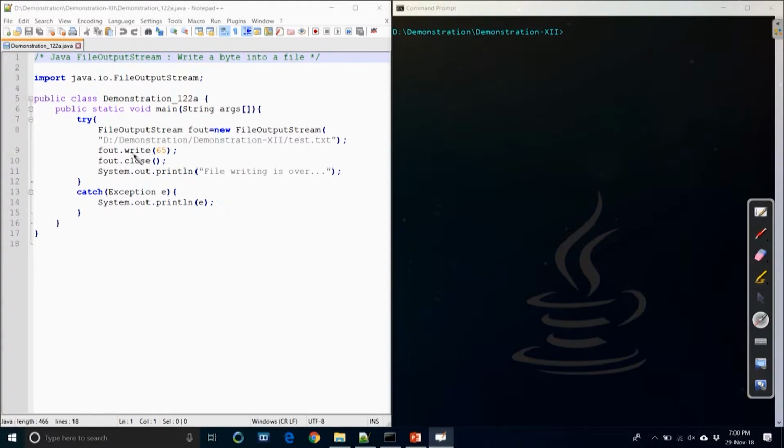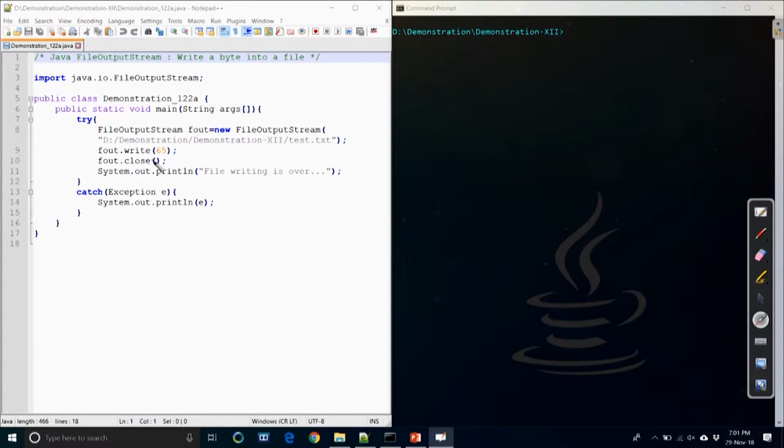Now, here you see this object fout is basically the connection from your program to this file test.txt. Now, from the program we can write 65. Now, 65 is here in integer form, but it will be converted to byte form. As you know, the byte 65 is basically the capital A character. So, although we give 65, the system will convert it into a byte, and 65 in byte is basically the ASCII code for A. So, A will be stored in the file,